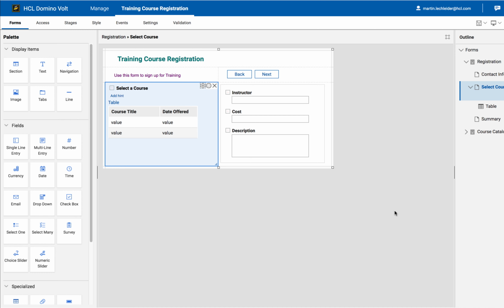Tables are also very good at displaying information. This could be purely informational, or it could be to facilitate a selection. In this scenario, we have courses that are offered multiple times during the year, so it makes sense for me to display a table where I have the course title and the date that it's offered, so that you can sort by course or date